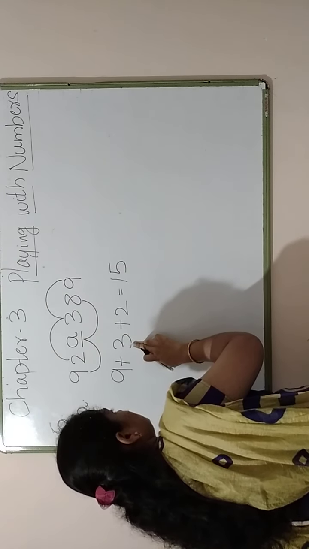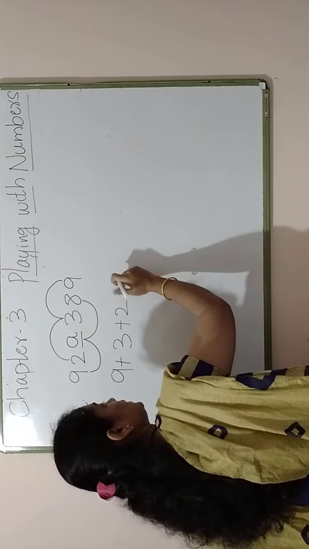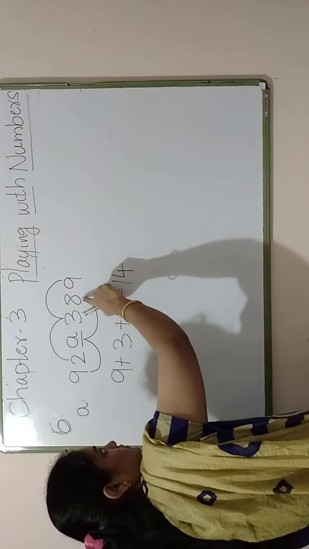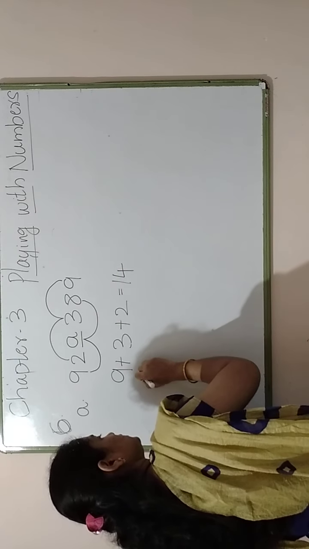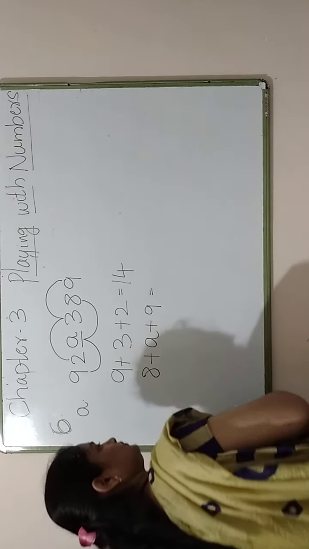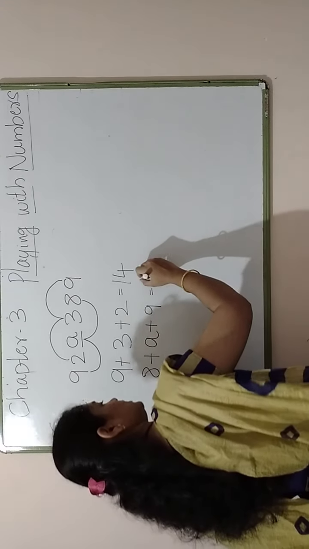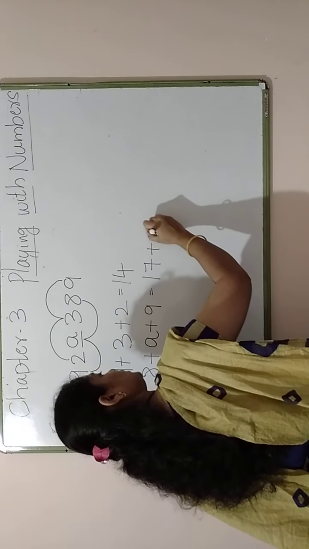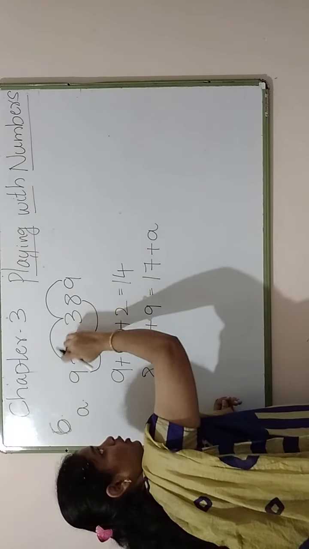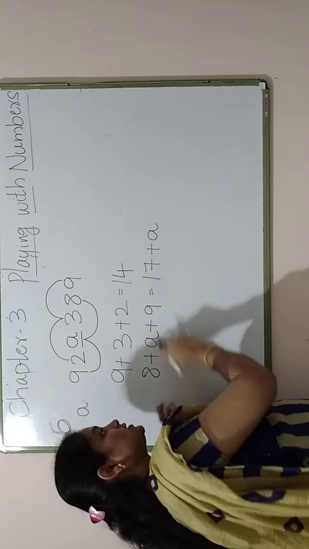9 plus 3 is 12. 12 plus 2 is 14. And so we have taken the odd numbers. Let us take the even numbers. That is 8 plus 8 plus 9. So this is 17. 8 plus 9 is 17 plus 8. Okay. So when we add all the odd numbers, we got 14. When we add all the even numbers, we got 17